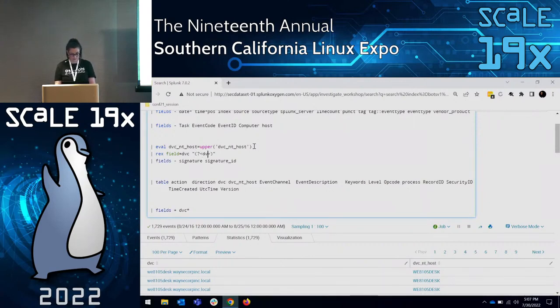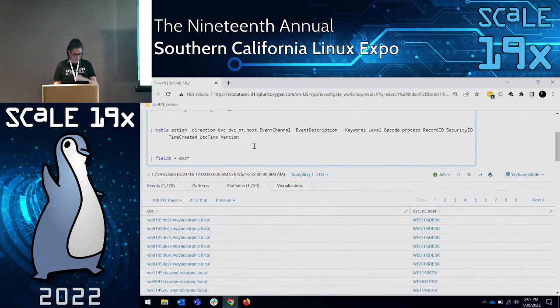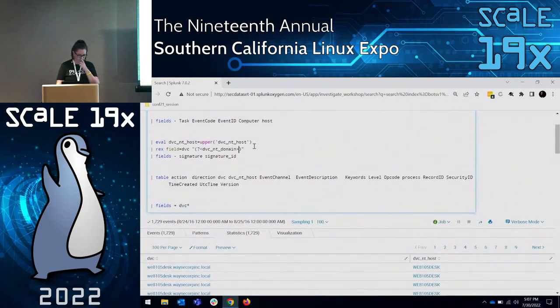So we're going to call this device nt domain, and we want, oh dear, everything after the first dot. So it's going to be